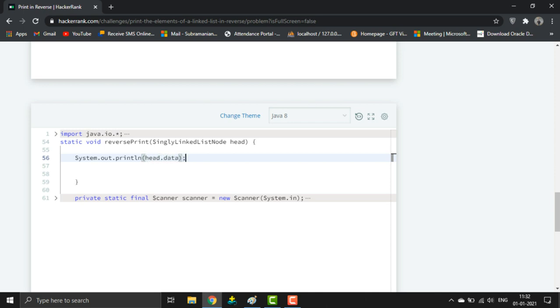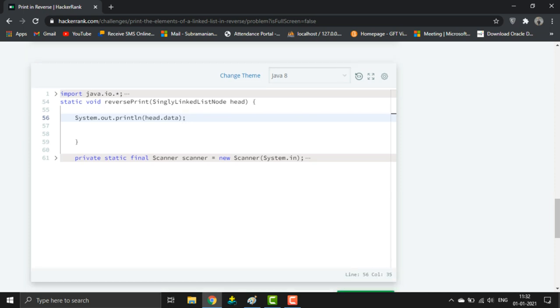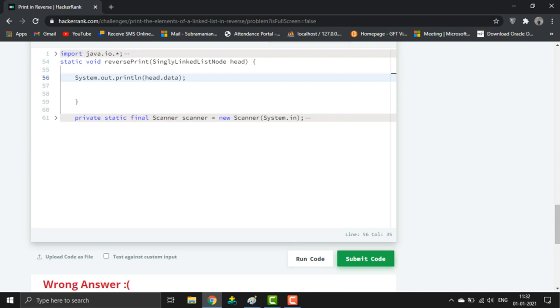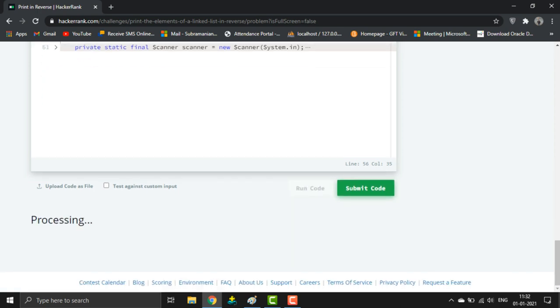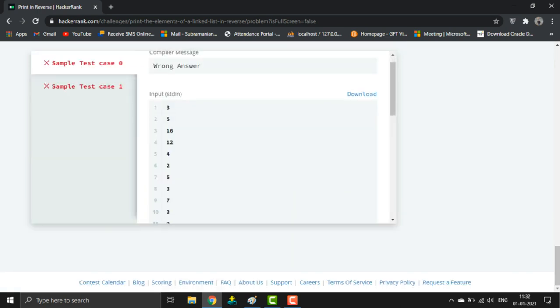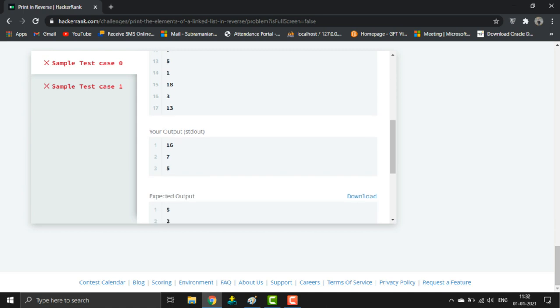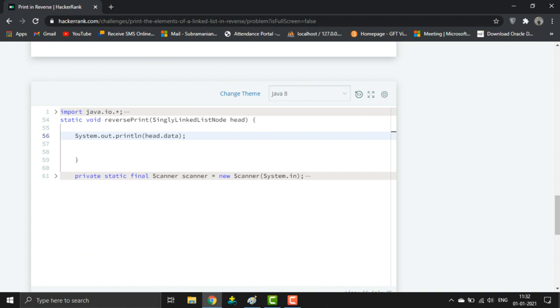We should not just print head because head represents a node, and head dot data only will print the data inside the head. Okay, yeah, it definitely fails. Okay, yeah, 1675. We have the head here, so let's reverse it then. Now no need of this line. So while head is not equal to null,